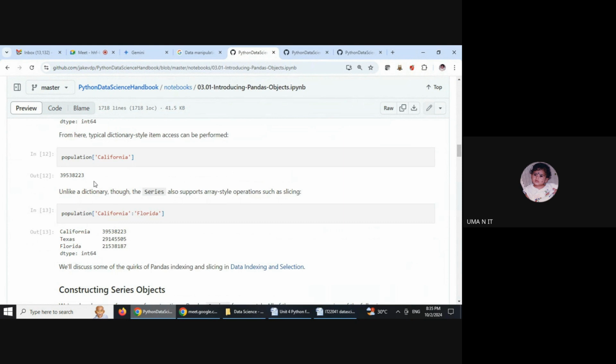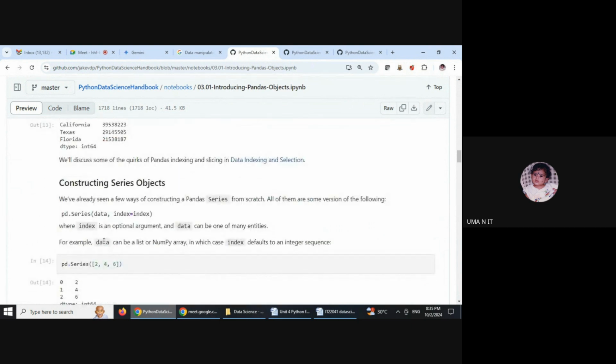While your dictionary is now acting as a pandas Series, we can do slicing. So see here, from California to Florida. While slicing with default index values, it goes only till the end value, exclusive, whereas here, with the Series index, it will also include the end. So from California to Florida, everything will be sliced and printed here.